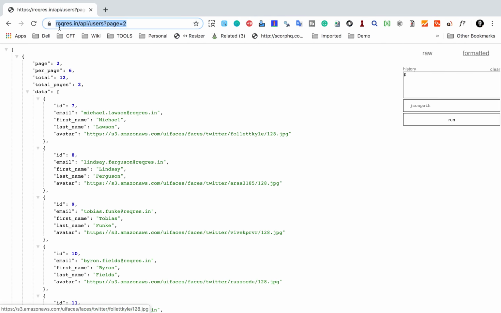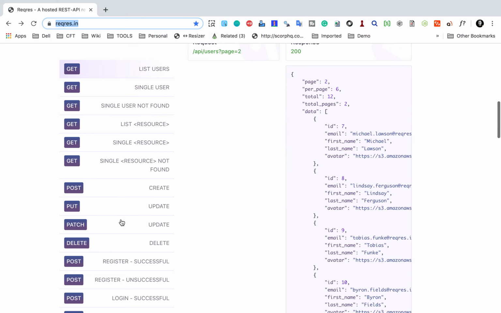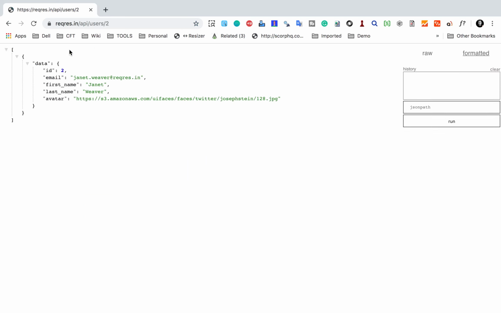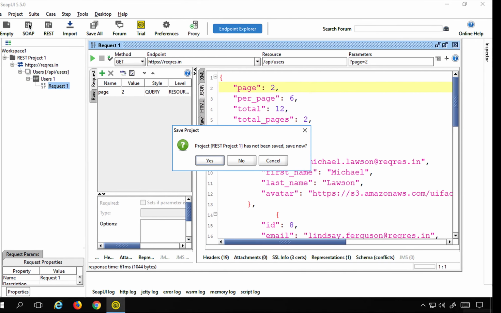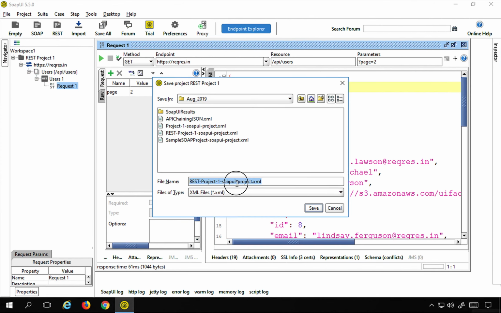Now let me also get another API. So here we also have a put for update. I will click this, and here this is for update user. Again I will get this endpoint or URL, and let me also save my project. So I will say this is request response chaining